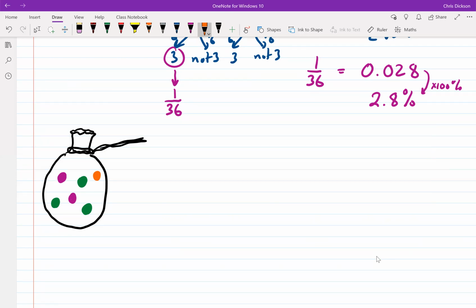And let's say, just like the other questions, we're going to do 2 trials here. So we're going to reach into the bag, and we're going to pull out a marble, and then we're going to pull out another marble. And then for the first one, what I'm going to look at is what we call with replacement. Now what that means is you pull out the marble the first time, you look at it, and then you put it back into the bag. So we're going to replace it, and then you draw a second marble. Okay, so you're drawing 2 marbles, but you do it 1 at a time. And after you've picked the first marble, you just put it back in the bag, you mix it up again, and you draw a second marble.